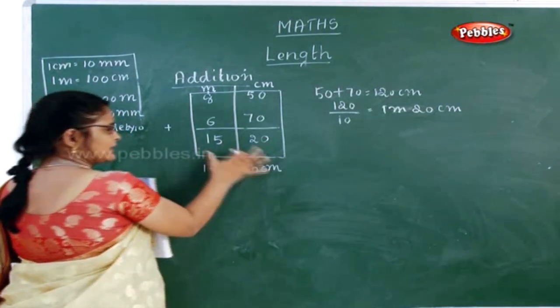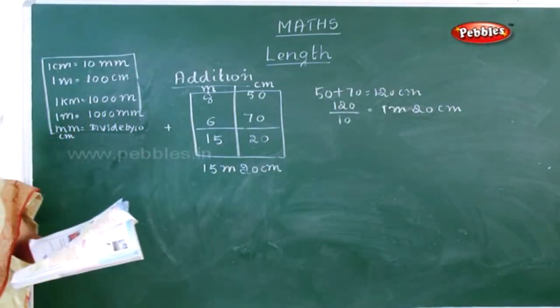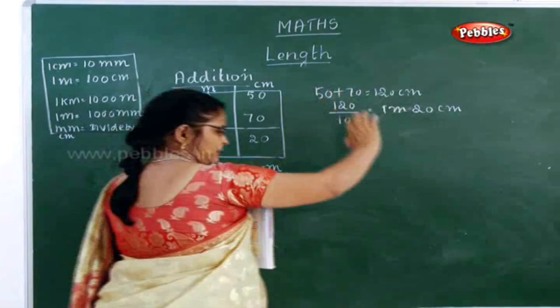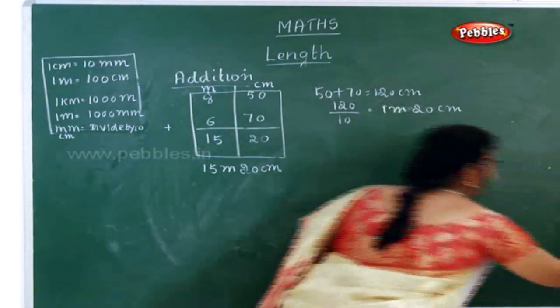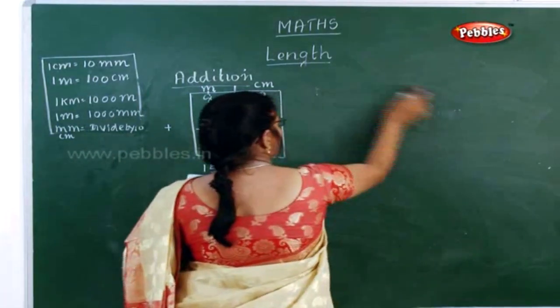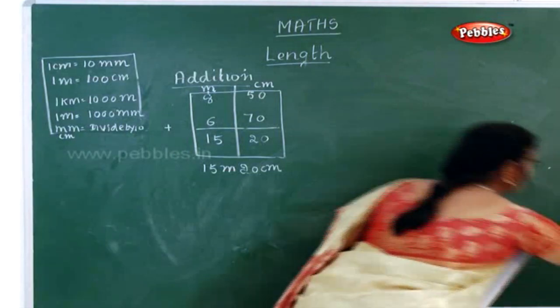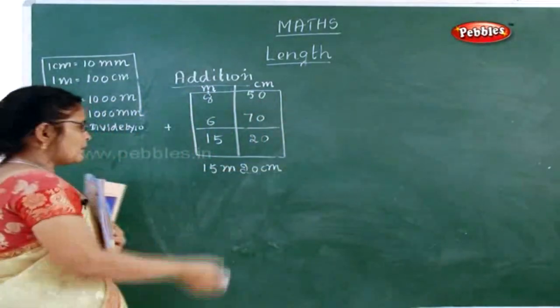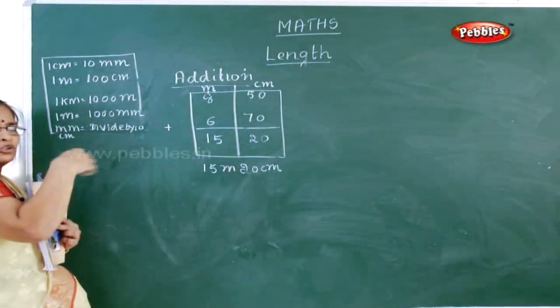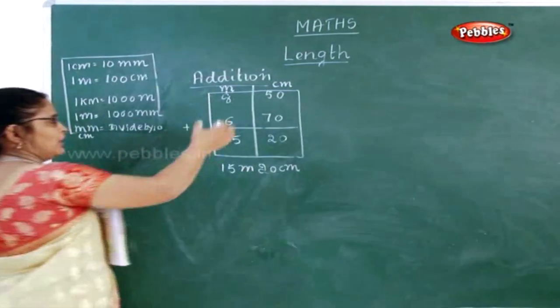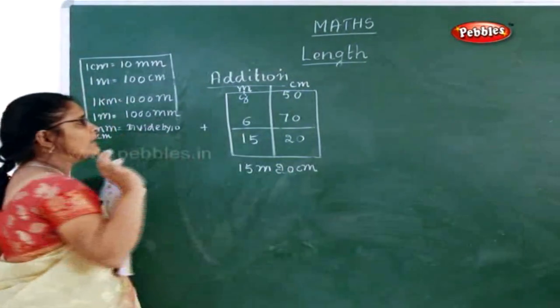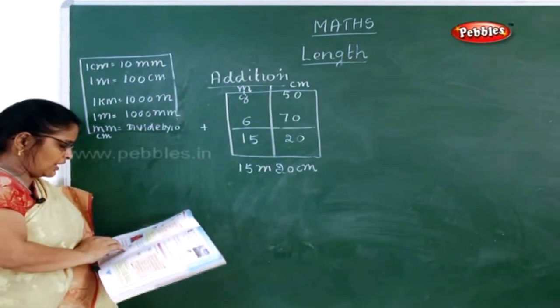So you have to add this and do. But I think this method will be easier for you to do it. So don't get confused with this method at all. This is converting all that. In between addition, don't do all this, because actually mathematically this way you have to do. But for you to just do it a little bit fast and to understand, I think this way will be easier. This is how you have to do your addition.